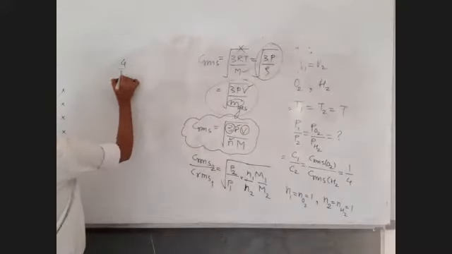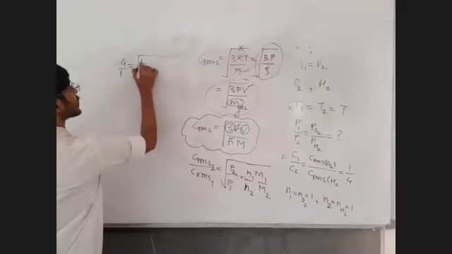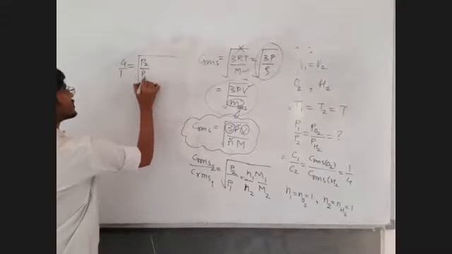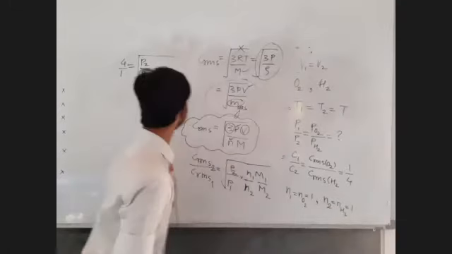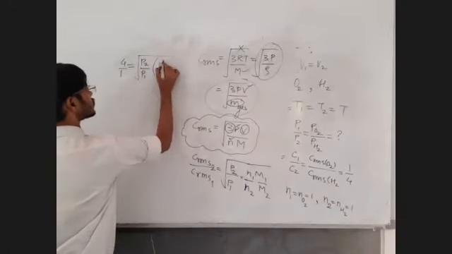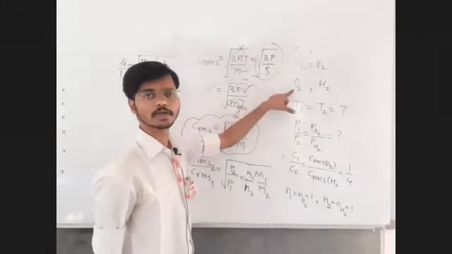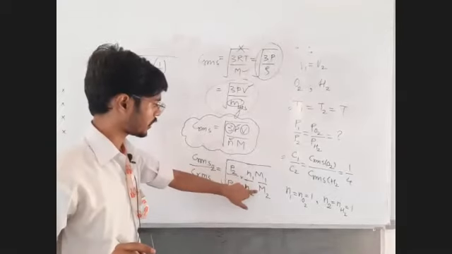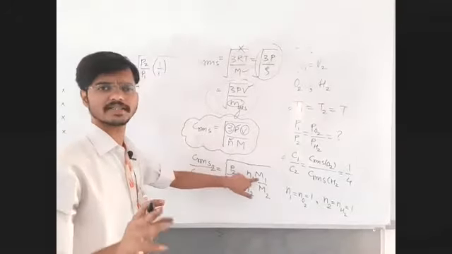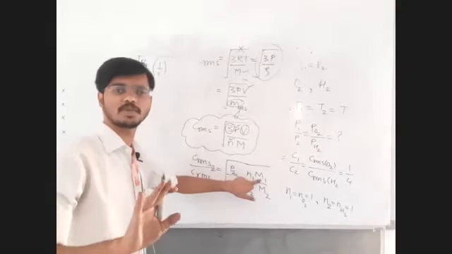So 4 upon 1 is equal to under root P2 upon P1, let it be as it is, N1 upon N2. N1 is 1, N2 is 1. Okay, N1 upon N2 is 1:1. M1 upon M2, molar mass of oxygen. Now see, we have to find out the ratio. So taking molar mass in gram is also okay. Gram will cancel. Taking molar mass in kg per mole, that is also okay.